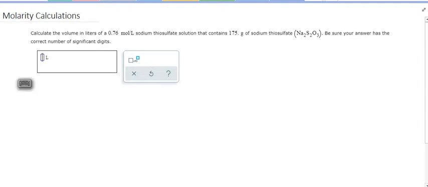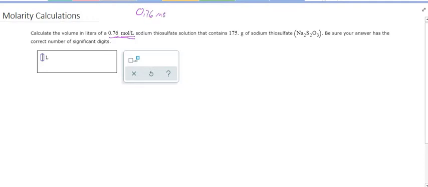Okay, here's another ALEKS problem for us on molarity. Calculate the volume in liters of a 0.76 moles per liter. So at least this will contribute 2 sig figs to the answer. And I think this is confusing when you see it written like that, moles per liter. The way I would write that, just so I don't get confused, is